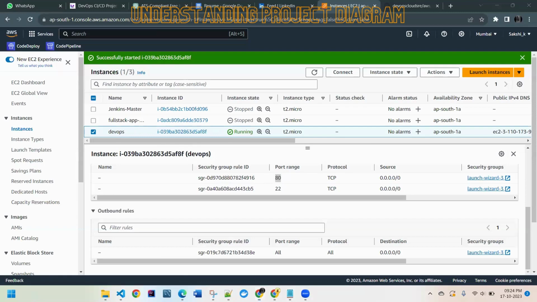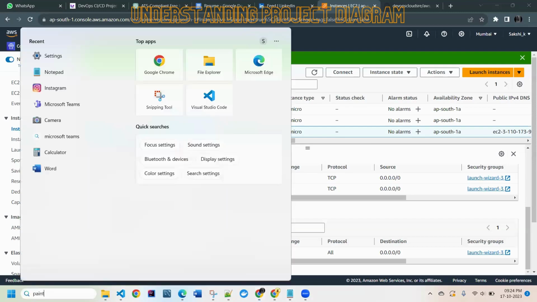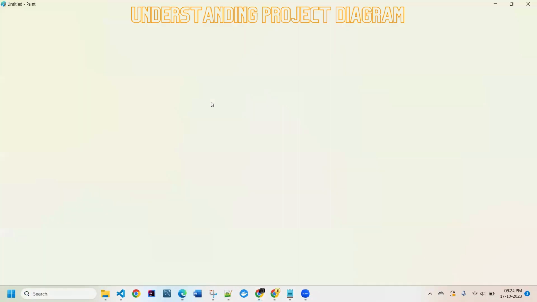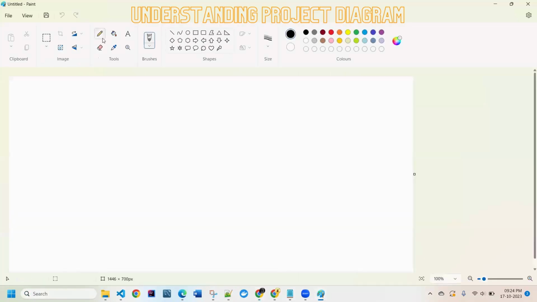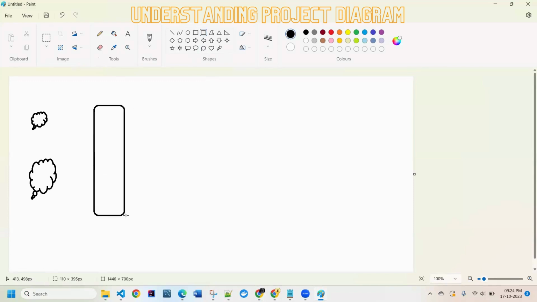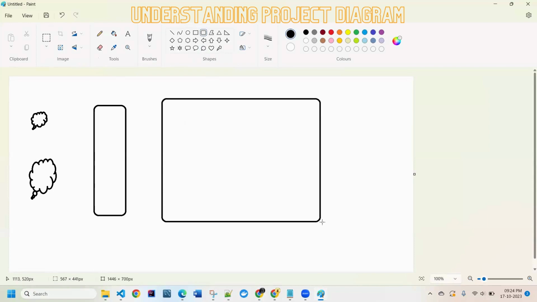Let me quickly draw one small thing so that the picture will be there with all of you. My task is, there are developers. This is my GitHub, this is my code pipeline, and this is my server, and here my customer is there.